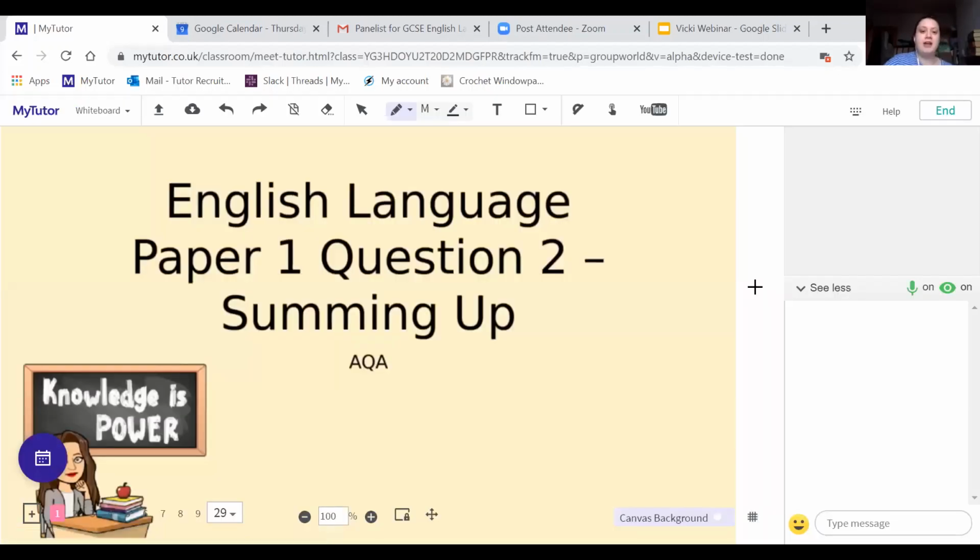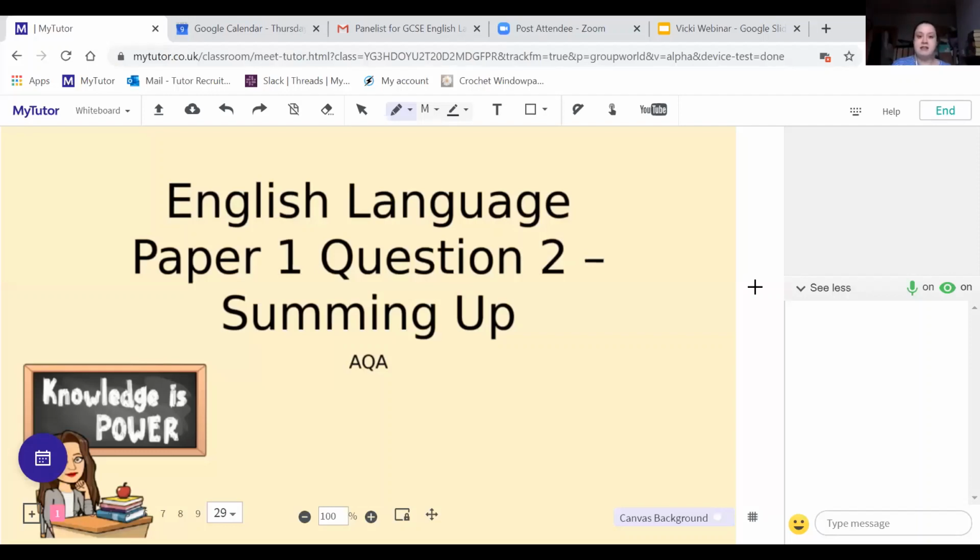Right, okay, so as Frederica said, this is going to be our last session on paper 1, question 2. So I'm going to do a wide variety of summing up things. I'm going to go through a variety of terminology, some of which has been a little hazy, which you guys asked me to go over, as well as some tips, some frequently asked questions that you guys have consistently been asking during the week, just so I can address everything and make sure that we're all on the same page.